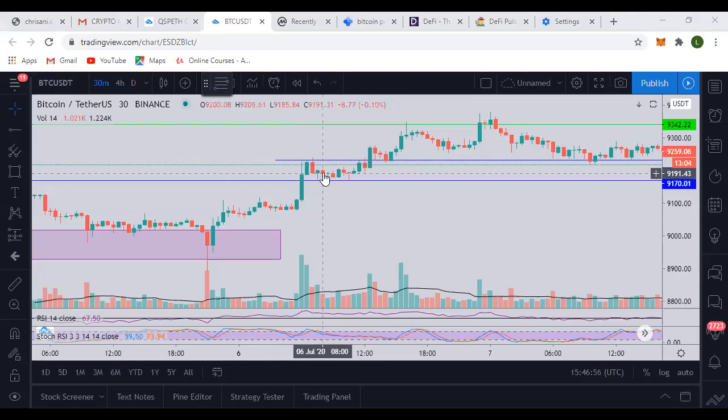You still hold it, because you're sure that what you have down here is a support, and you've not seen any sign that the support is going to be broken. Whatever happens, they still come back and test the support, and it goes up, and up. Look here now. It now goes higher than the price we bought earlier.